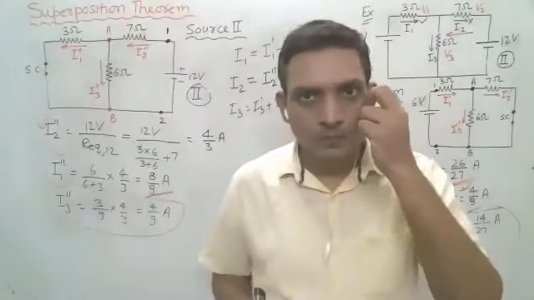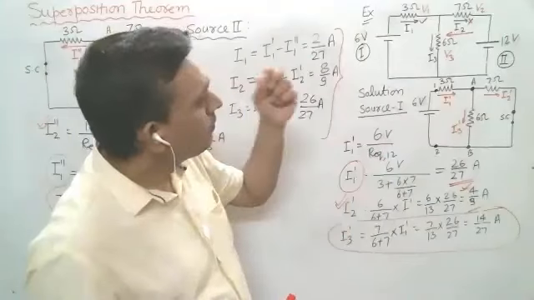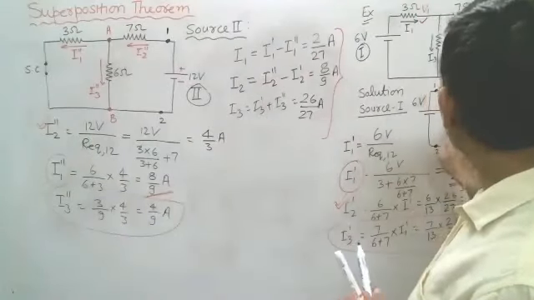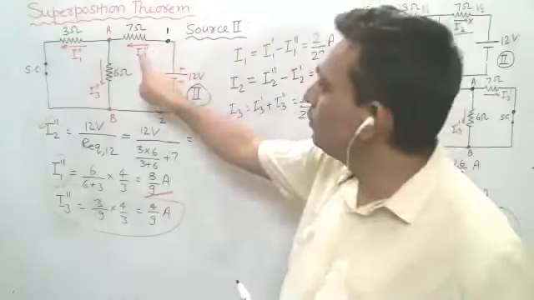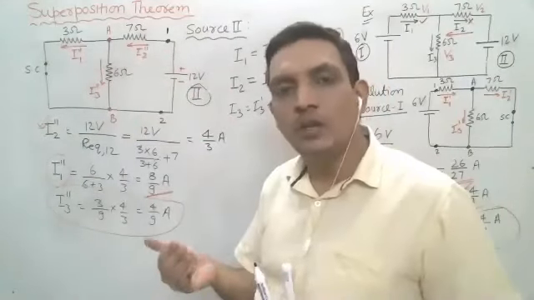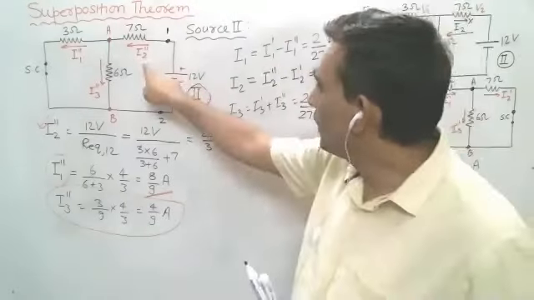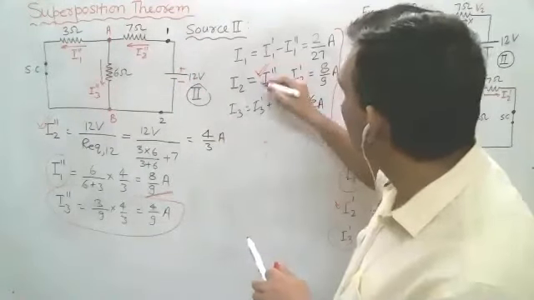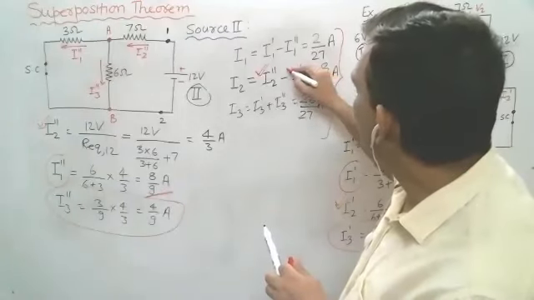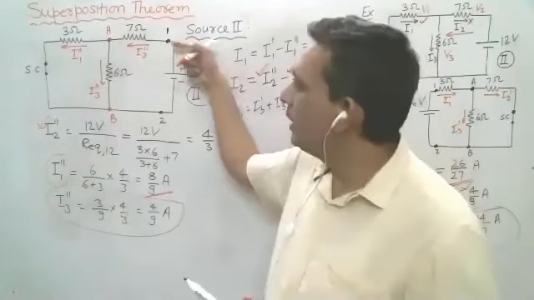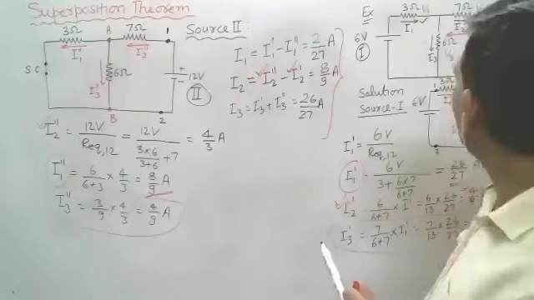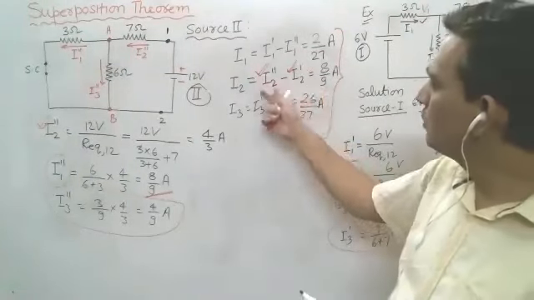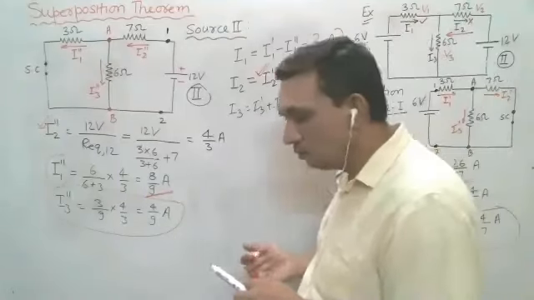सर I2 की डायरेक्शन के बारे में कुछ बोल रहे थे ना, अगेन बताना. अब देखो, this is the assumed direction. Now you have to compare I2 dash and I2 double dash. That will decide what will be actual direction of current. So you can see I2 double dash is greater than I2 dash. So actual direction of current is in the I2 double dash direction. So I have drawn the actual direction of current. This is the actual direction. So subtract I2 double dash minus I2 dash.